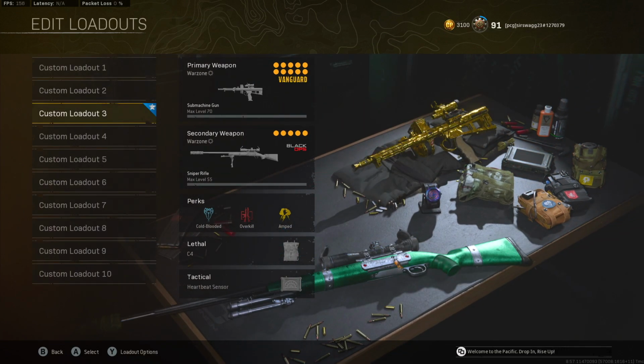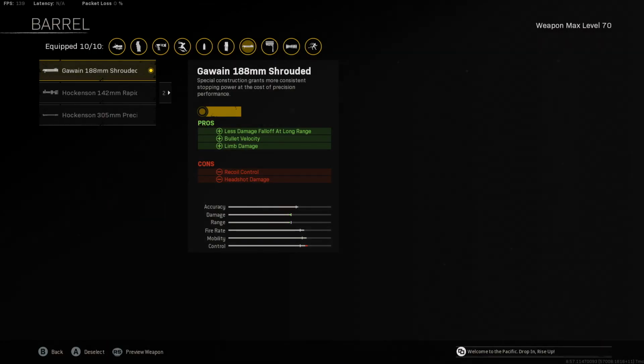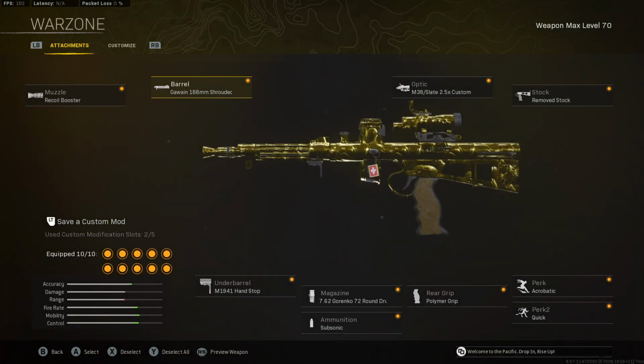Now for the third one, we actually are going to have our Rebirth sniper setup. So this is not one I would use on Caldera. So the Owen Gun, we've already gone over this class setup, so I won't go over it too long. The Shrouded Barrel, remember that gets rid of the third damage range. You're going to kill about 50 milliseconds slower than you would with the Rapid, but you actually have better movement with the Shrouded, so you're going to get better aim down sight speed and better sprint to fire,